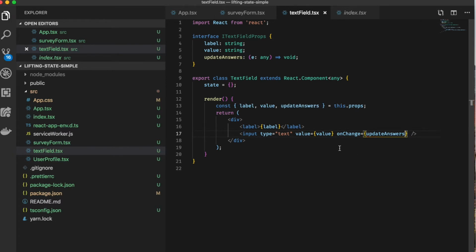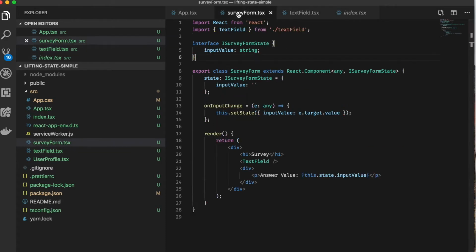So we've now passed that all through as props, but we haven't sent anything through in our survey form into text field. So we'll go ahead and update that to have a label of first name, value,